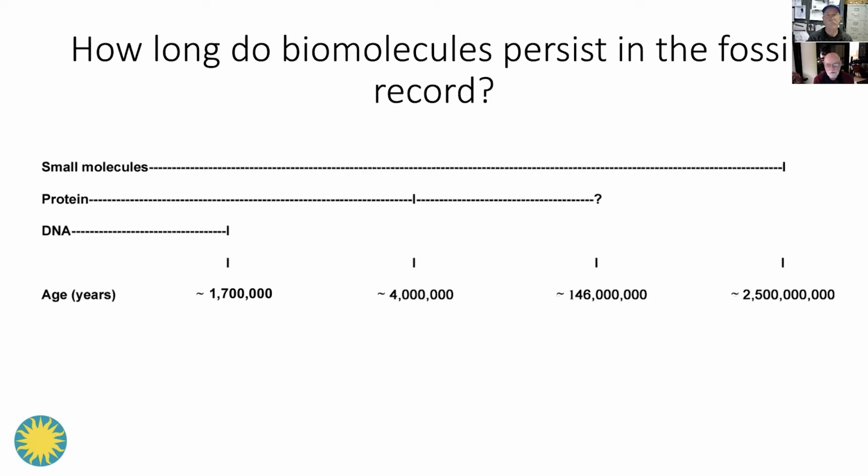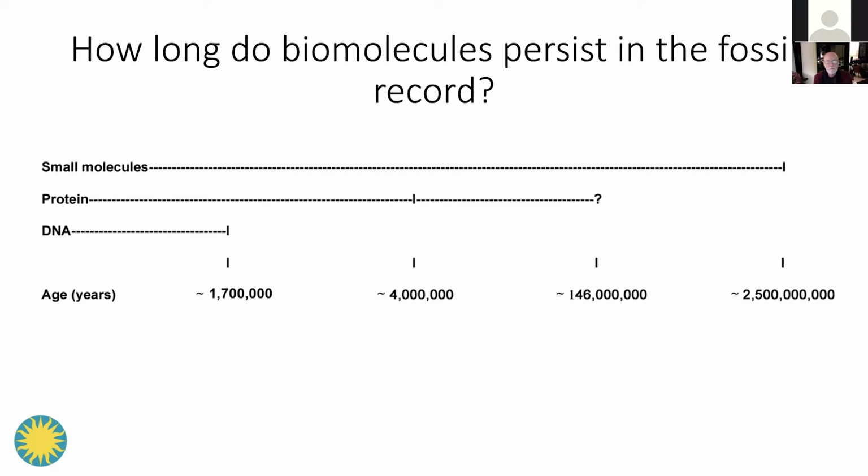Let's also talk about ancient biomolecules and shallow time and deep time. Small molecules like, for example, pigments can exist literally for billions of years in the fossil record. There is a 200 million year old crinoid at the Natural History Museum that is beautiful purple in color, and it's due to the presence of a purple pigment that's identical to a pigment that exists in living crinoids.